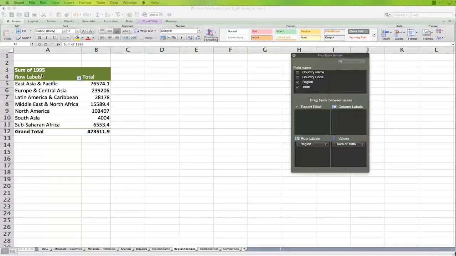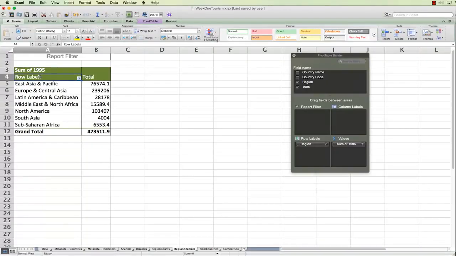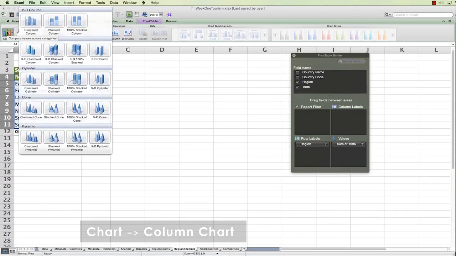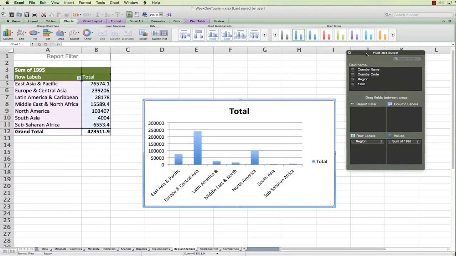I know what you're thinking. Why not go ahead and get a bar chart for these amounts? I will do just that. So again, I'll only select everything up to the last row. I will not select the total. I'll insert a chart which is a column chart or a bar chart. We have that immediately over here.